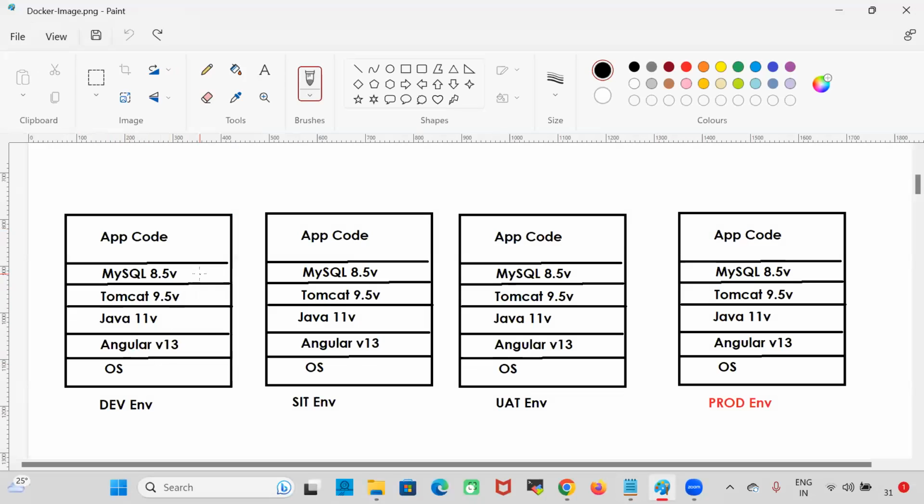So we need to install all the required software in the dev environment. Developers will use the dev environment for code integration testing. Similarly, we need to install all the software in the SIT environment so that testers can test our application: how our project is working, and whether all the functionalities are working as expected or not. Similarly, the application will be deployed in the UAT environment, where clients will perform user acceptance testing. And once all these things are completed, the application will go to the production environment, where it will be deployed